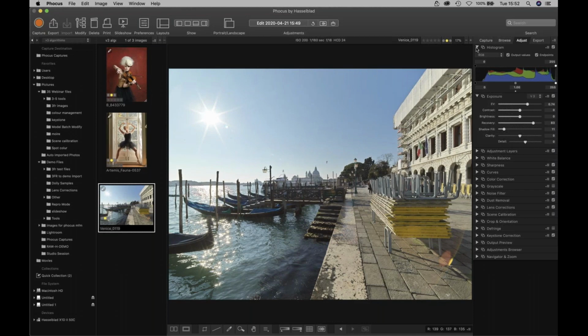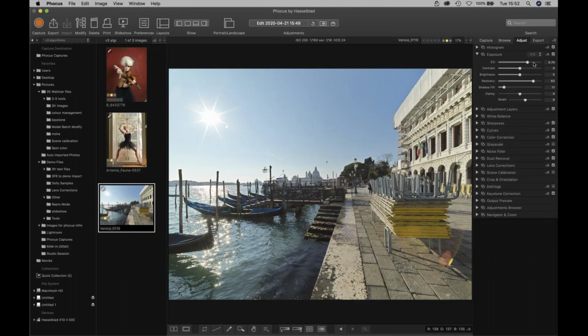Okay, so I'm just going to hide that, give me some more space. We've briefly covered the V1, V2, V3 there. Please note, if you've previously adjusted images in another version of Phocus, and you've used the clarity or recovery, it will automatically revert to the version you use. So if it was V1 that you did the correction with, it will be V1. So you would then need to manually change to V3 and then update the correction. Shadow fill recovery, I say that's with the new algorithms, and obviously clarity in terms of local contrast, apparent sharpness,